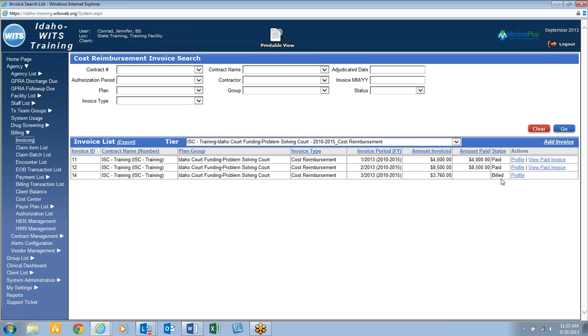So once again, I encourage everybody to not only use these screens as a method for processing your transactions, but also as a method to get information out of the system to see at any given time who's paid you what. If you want to look at invoices, this is the one screen that you're going to look at for Supreme Court invoices. Looking at your payments or EOB transactions for